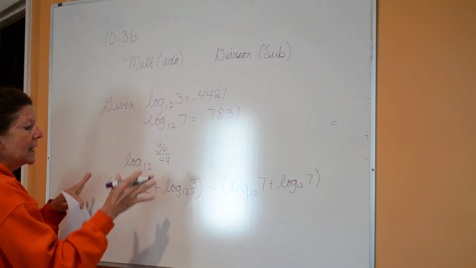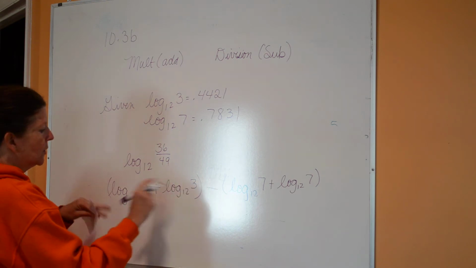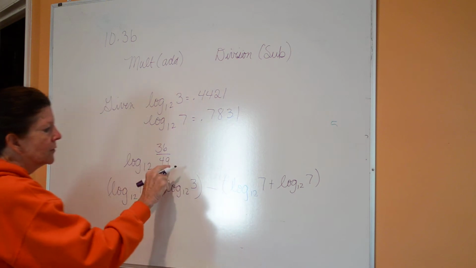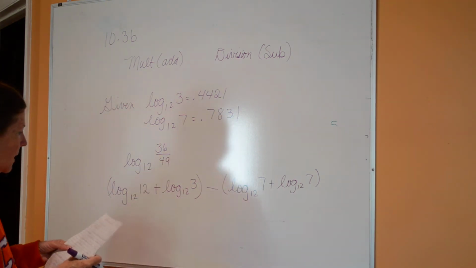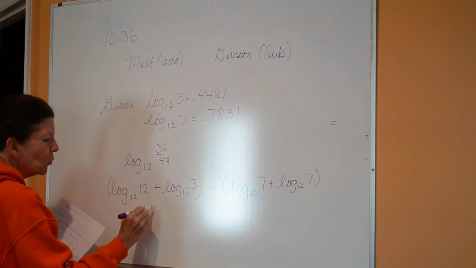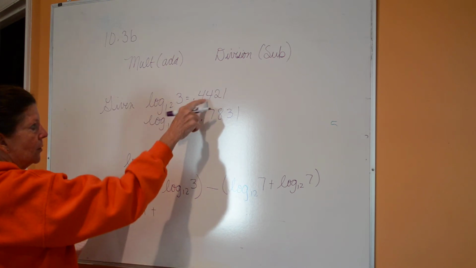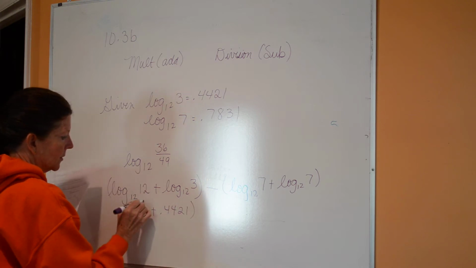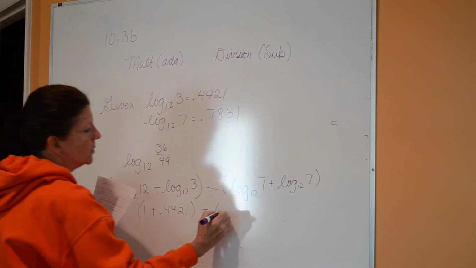So not only have I done multiplication on this, but I've also done division. So 12 times 3 is equal to 36, 7 times 7 is equal to 49, but it's division, so I have subtraction between them. So the log of base 12 of 12, remember, is 1. So I can look at that as a 1. This is equal to 0.4421. So I'm going to add those together. This down here is equal to 2 of those. So it's